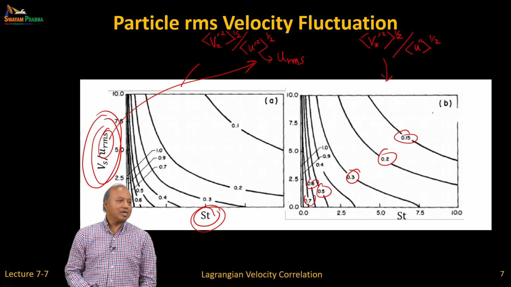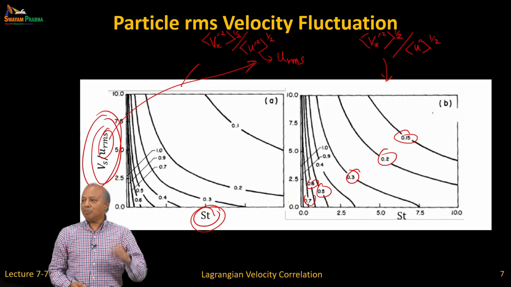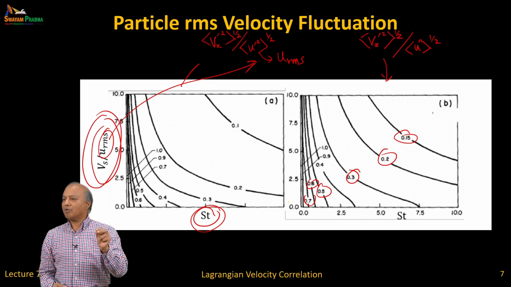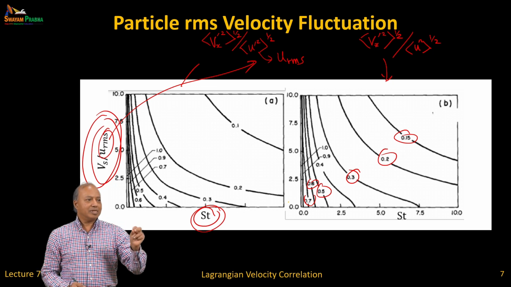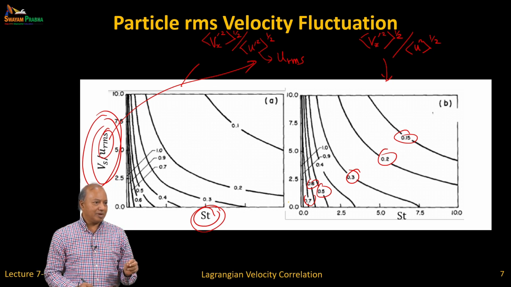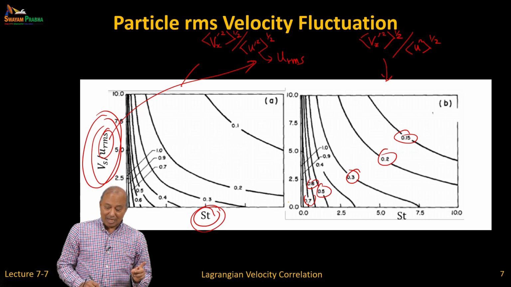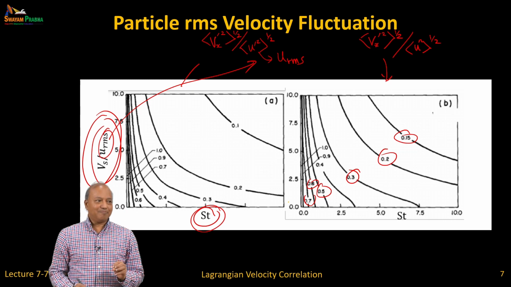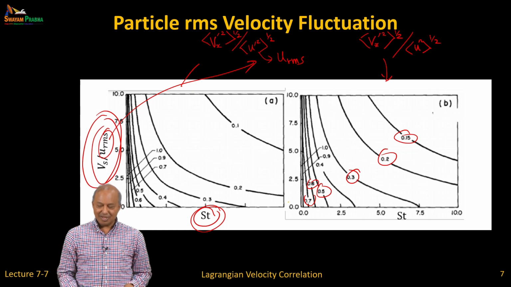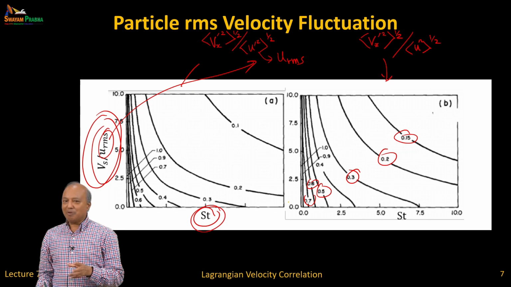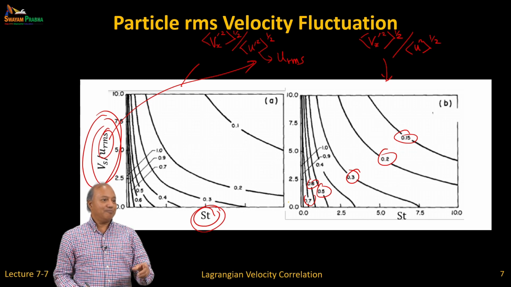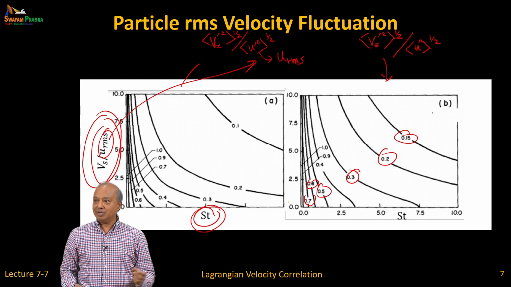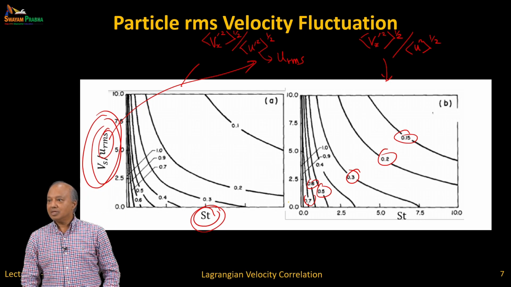This is what I was talking about earlier, that particle velocity fluctuation will always be a little dumber than the fluid velocity fluctuation. But here everything is done for a solid particle. If you go to a bubble, things may be different. A bubble can fluctuate more than the fluid. Buoyant particles. This is buoyant particle you're talking about, or